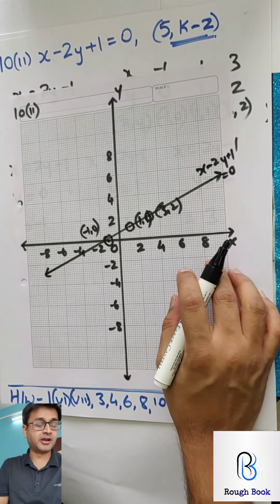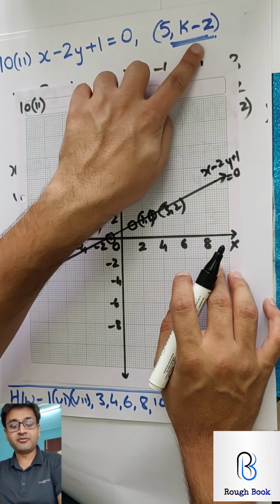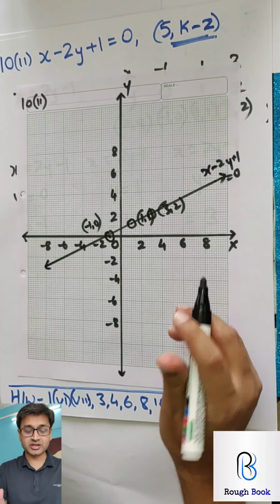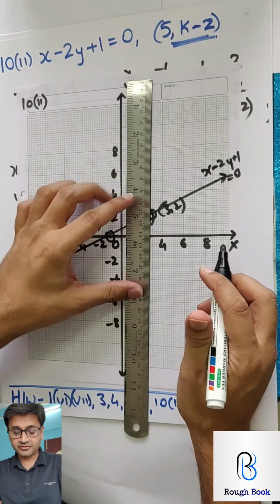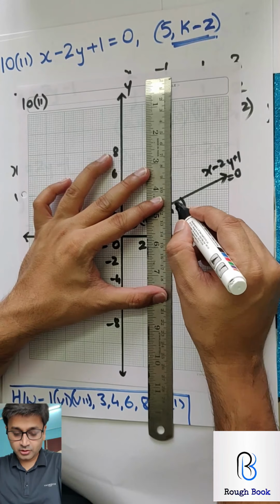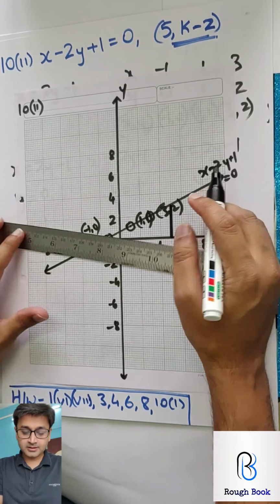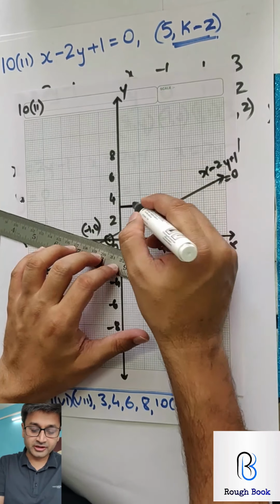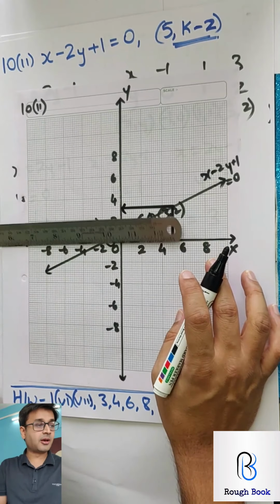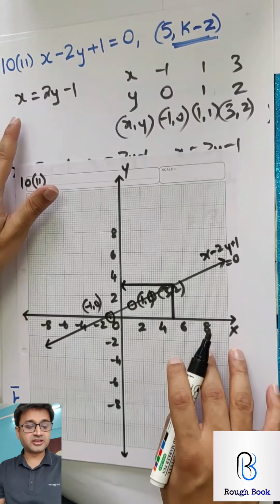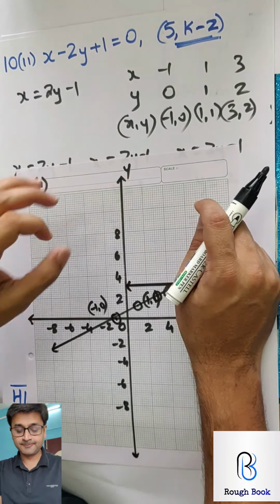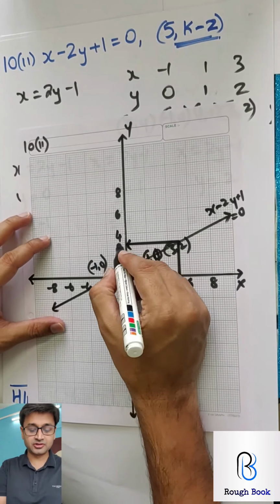Now what do you have to find? X is 5, what will be y? And then put y in this, that we'll see. First use x as 5. So if I take x as 5, what do I get? Y. And a straight line here. I think it should be 3, but I want to be very sure about it. So let me substitute x as 5. So if I substitute x as 5, 5 plus 1, 6 divided by 2, so 3. So 3 is our correct answer, which is here.